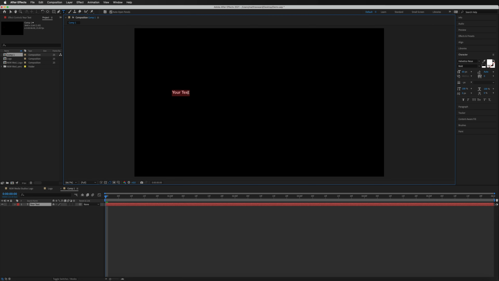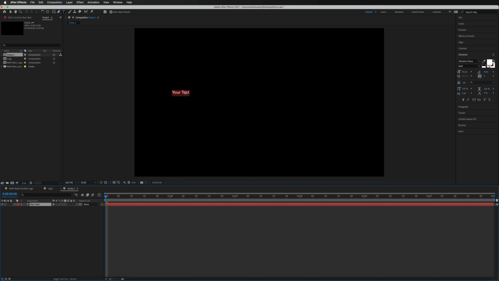So once you've completed your text, you'll see down in your timeline, we have a brand new layer created automatically for us. This is going to have some of the same parameters that we already had inside of the transform. So we can go ahead and animate that in the same way. We have some additional options inside of the text menu. And as I stated at the beginning of the tutorial, all of your text formatting tools will be found on the right hand side inside of your character section.